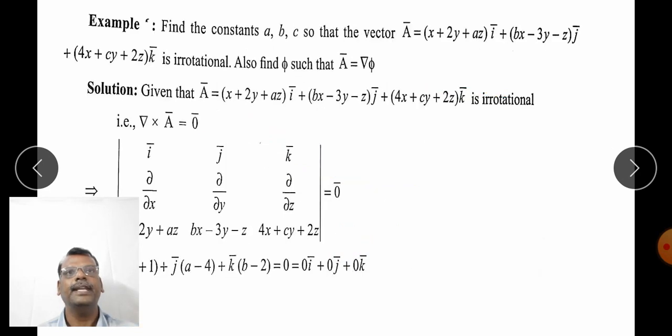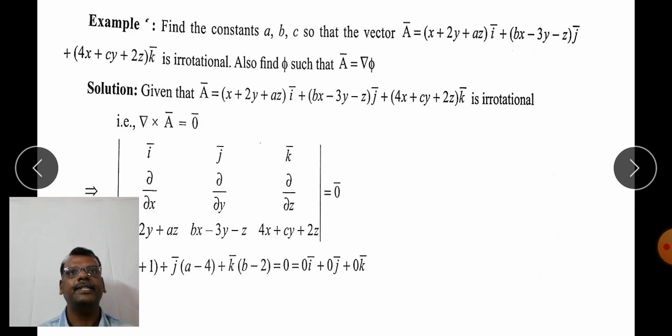And again, we move to the next problem. Find the constants a, b, c so that the vector A bar is equal to (x plus 2y plus az) i bar plus (bx minus 3y minus z) j bar plus (4x plus cy plus 2z) k bar is irrotational, and also find φ such that A bar is equal to del φ. Here in the given A bar there are three unknown constants, a, b, c, that we have to find